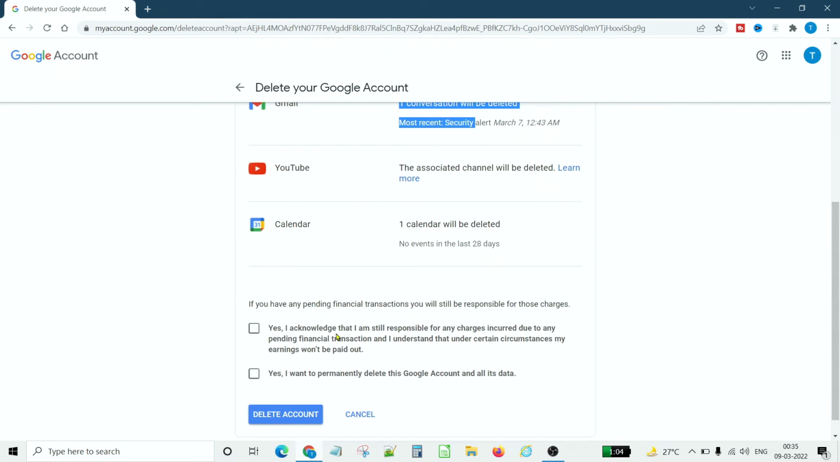Now here Google is asking us to give a consent. Yes, I acknowledge that I am still responsible, etc. etc. So you will have to click all the check boxes. This is the second option. Yes, I want to permanently delete this Google account. Once I click on it, you have to click on the button called delete account. Once you click on it,